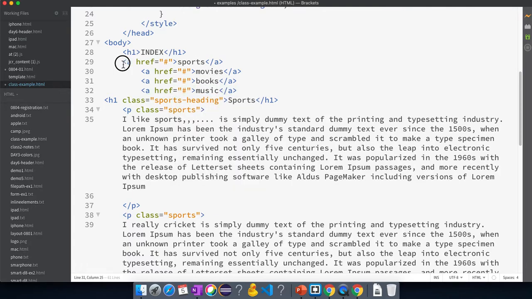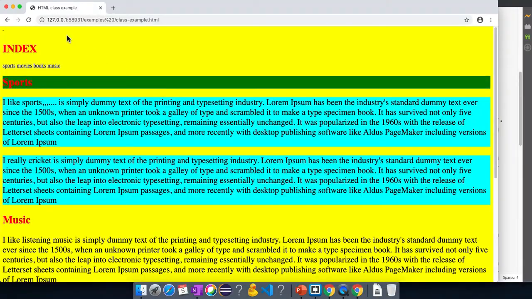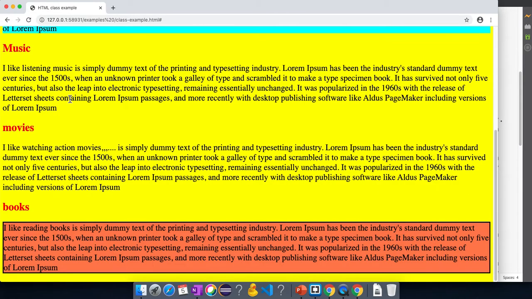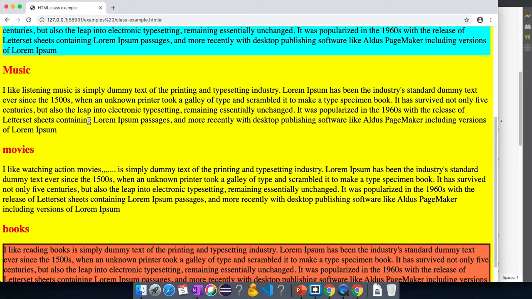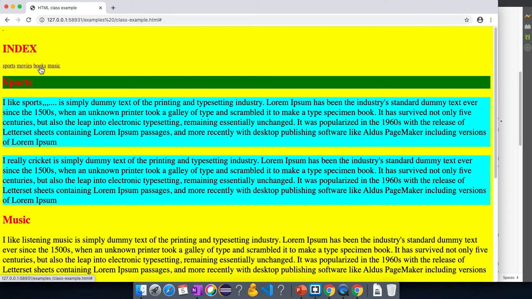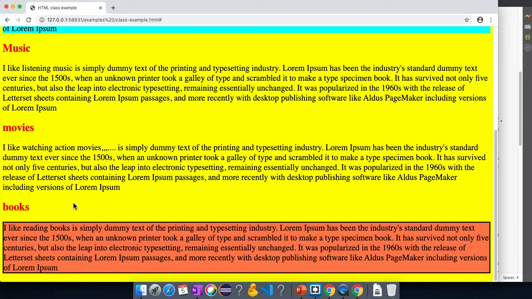So we will just arrange this index. Now if you go back here, you are getting sports, books, music, like this different sections. Now if I want to go to books, I want to click here. Instead of scrolling down, if you just click on books, it should navigate to the books section.